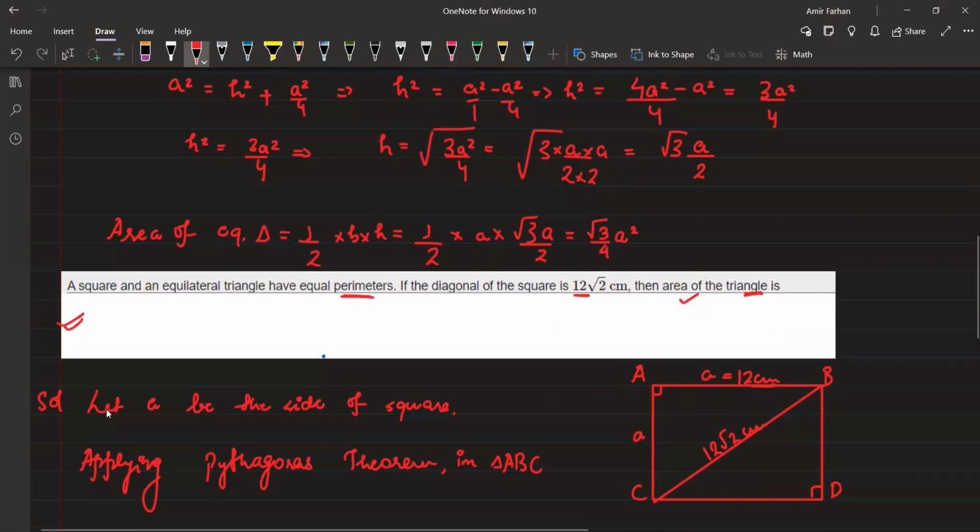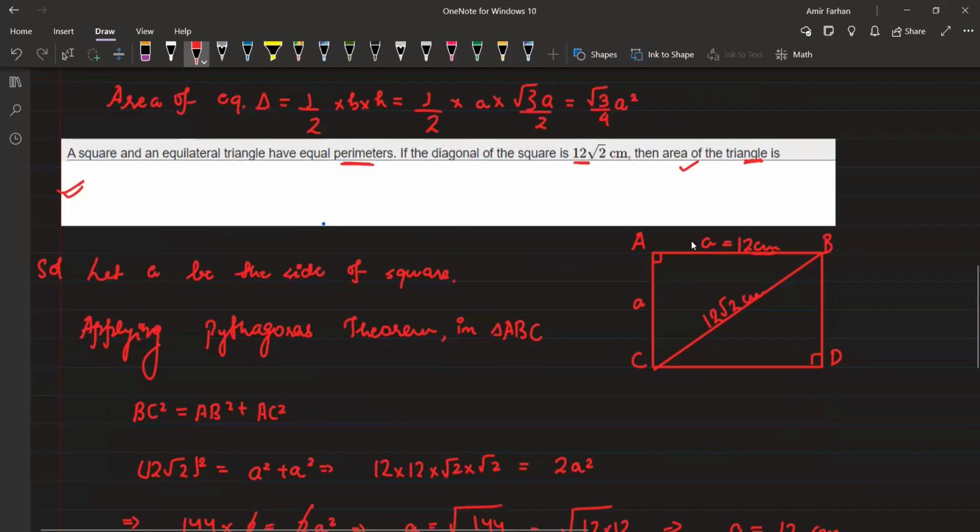Let's see. The question is said the area of, we are going to assume that A is